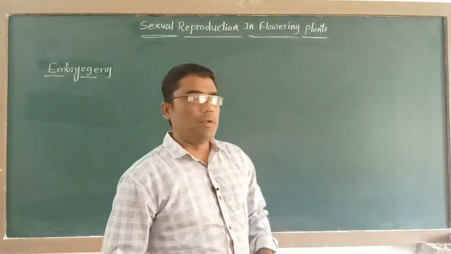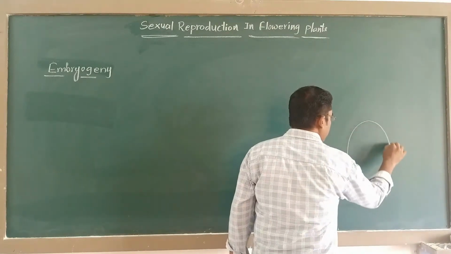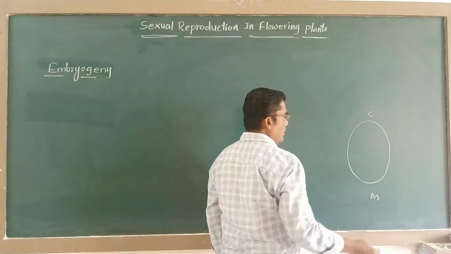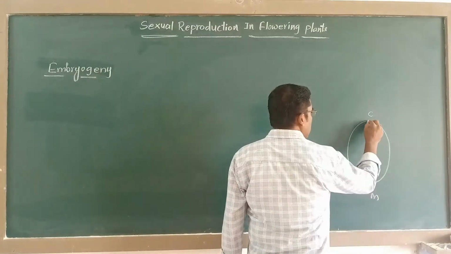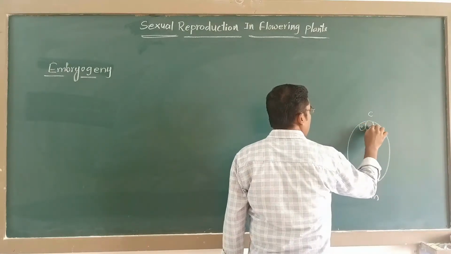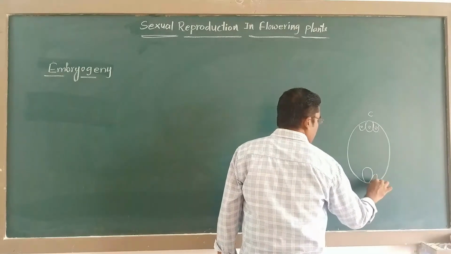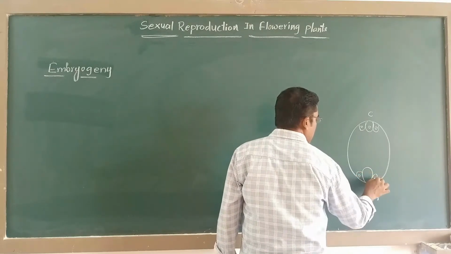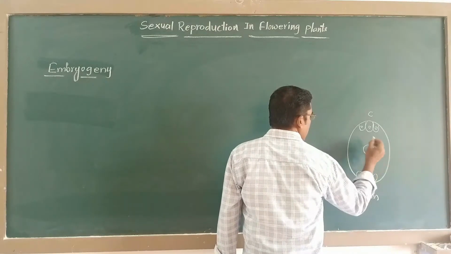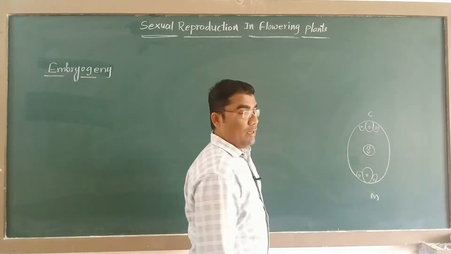Here, while discussing double fertilization, we have discussed that there is a presence of embryo sac. Say this is the chalazal side and this one is the micropylar end or micropyle side. Towards the chalazal side, there is a presence of 3 cells. These 3 are called antipodals, and towards the micropylar region, the egg cell and 2 synergids are present, and in the center we observe the polar nuclei. So this is the typical normal embryo sac.